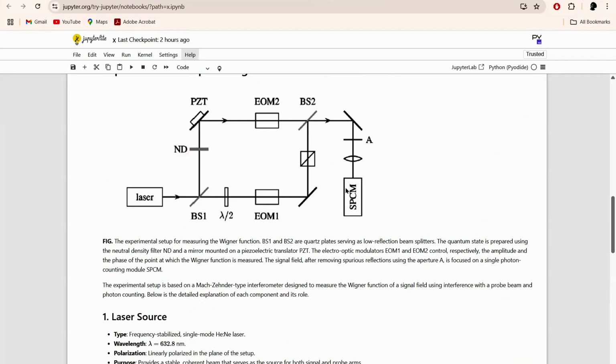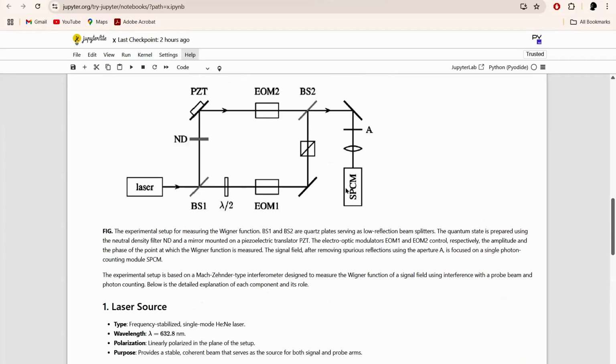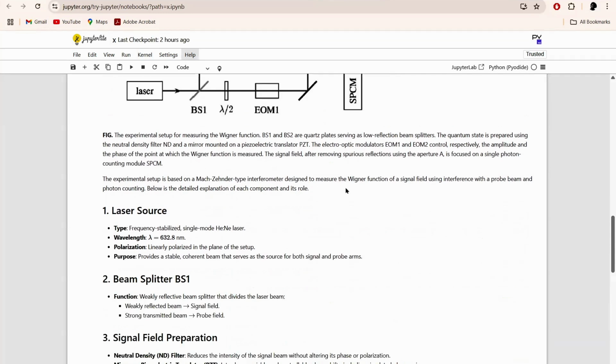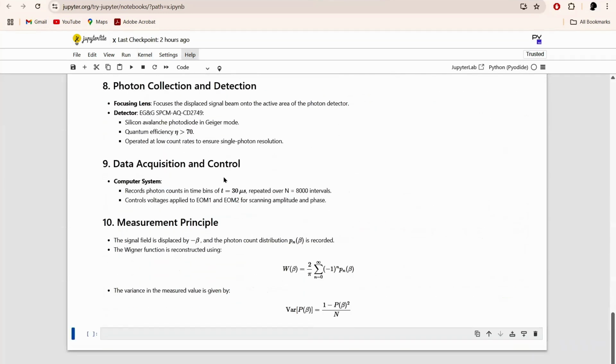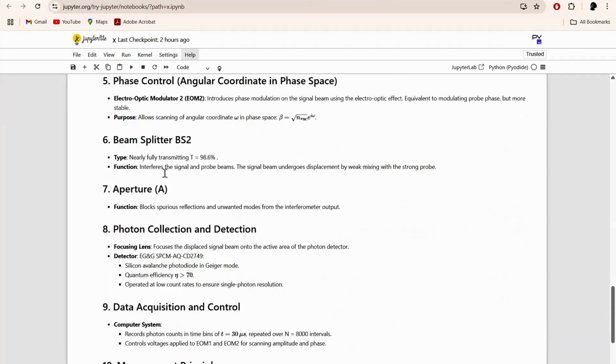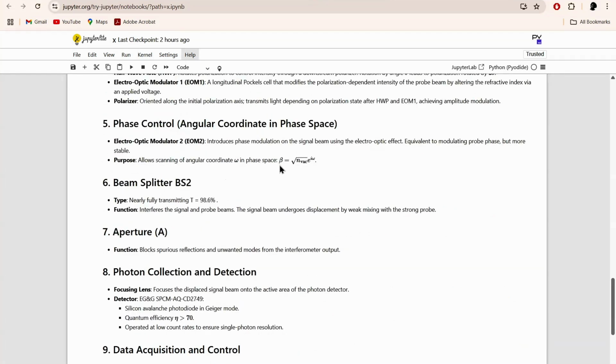So we can't detect all the photons at that time. So that's why they have used this kind of detector. And what we are doing is basically, how are we actually scanning this? How are we going to know at which phase point we are finding out the value of the Wigner